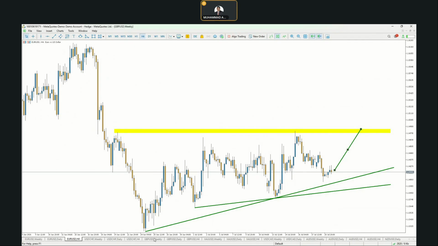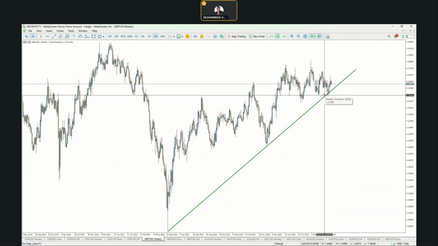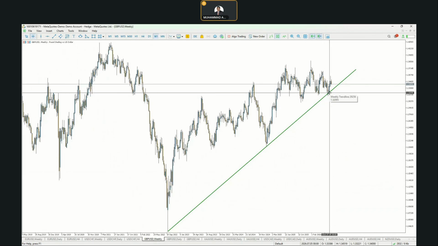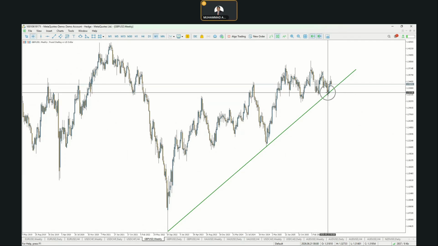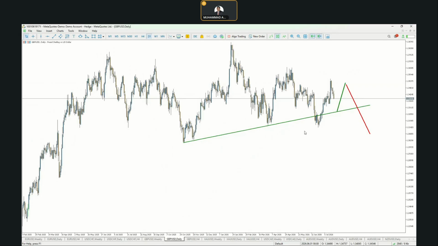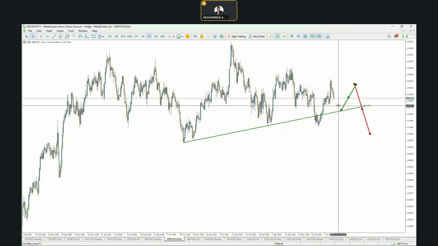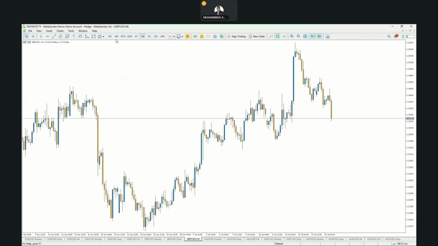Next one is the GBPUSD currency pair. GBPUSD is currently finding good support at this bullish rising trend line, and it did bounce back up from this area. So this is telling me that market wants to go up. Even if market really wants to go down, still we want the market first to clear this support area. So if we go over to a 4 hour time frame, on a short-term basis, if market is going to break below the support area, then expect further weakness in price action of GBPUSD currency pair.